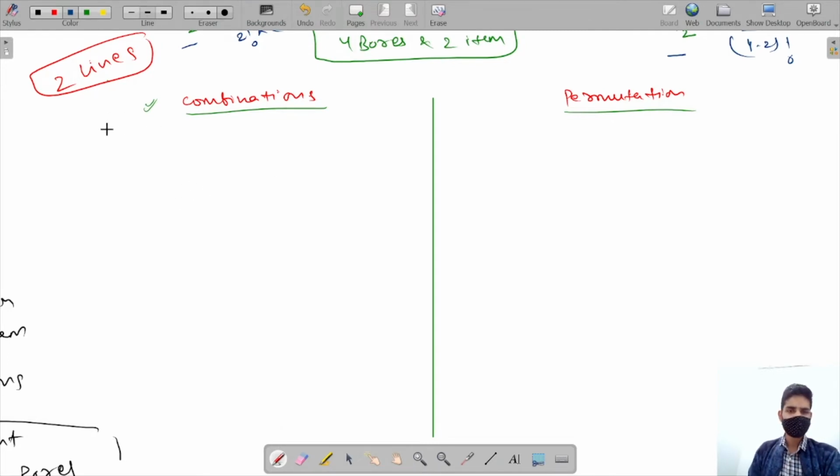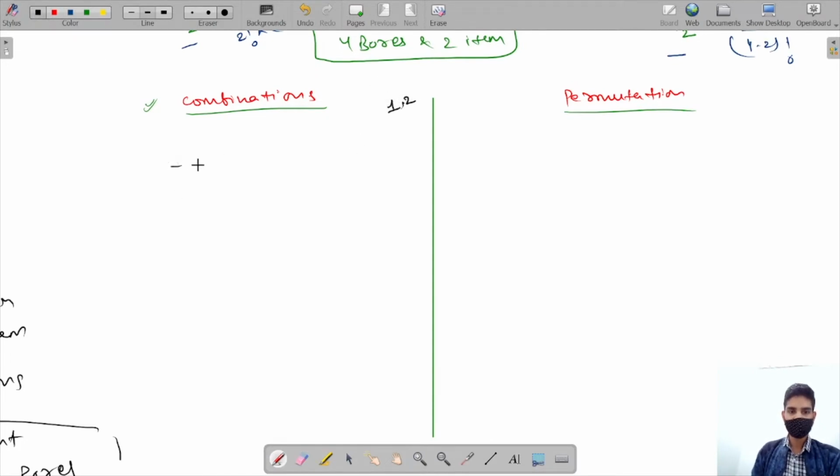In the question we are given that we have identical items. But for the explanation purpose, I am taking the first item as 1 and the second item as 2, so that you can clearly understand the difference between combination and permutation. The logic is exactly the same, and there will be no effect on our answer. So the first item is represented by 1, the second is 2.